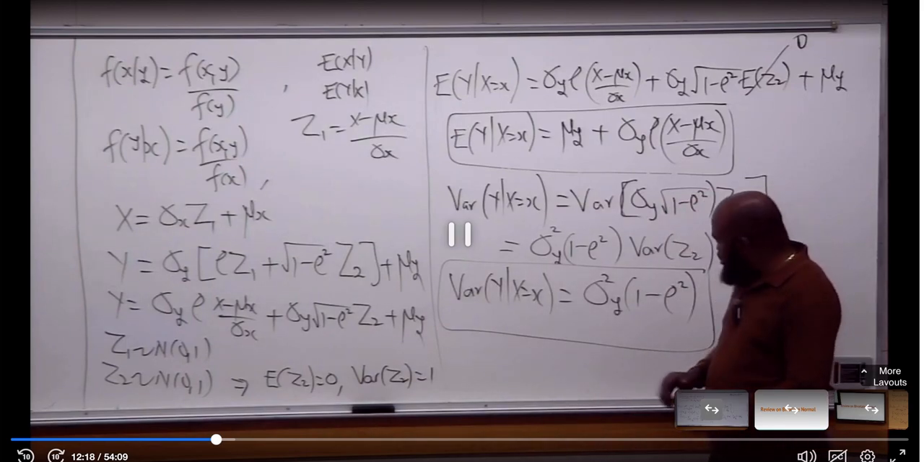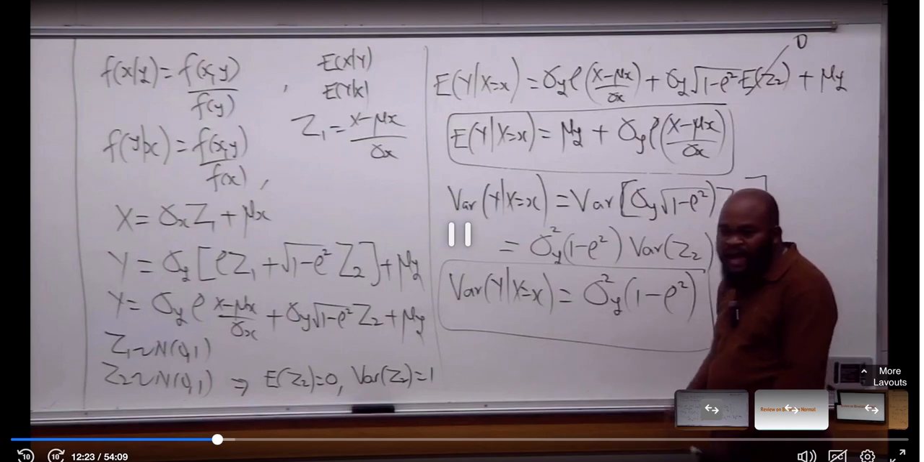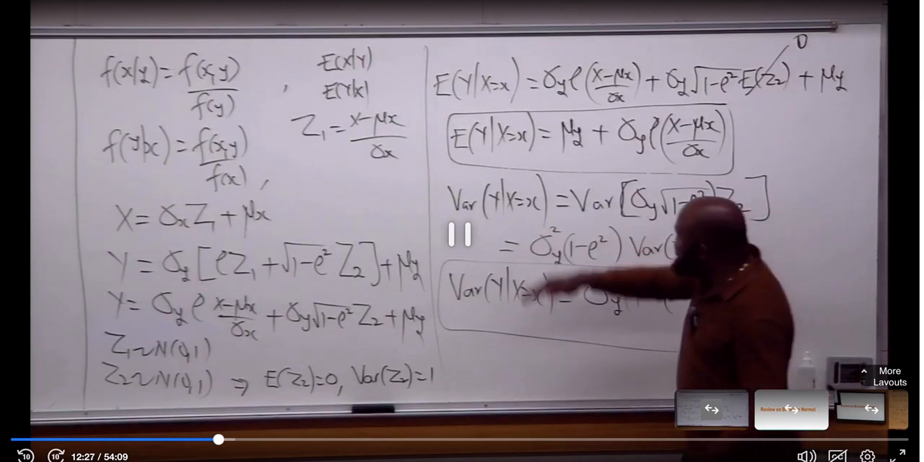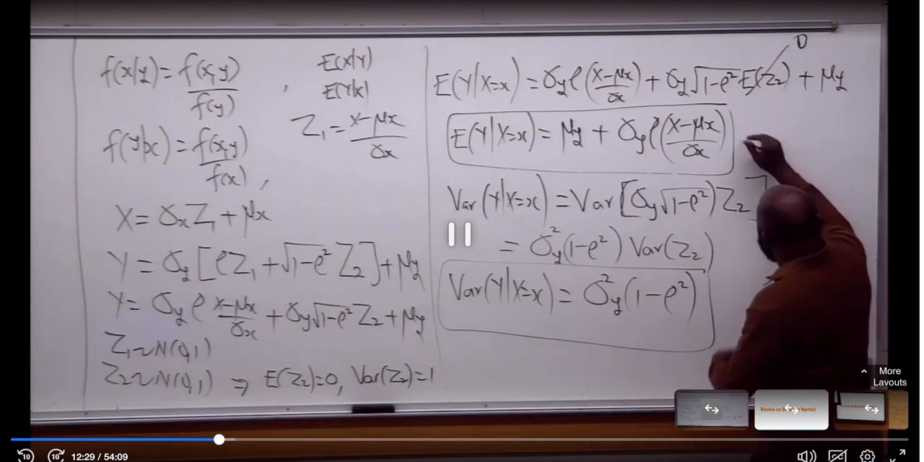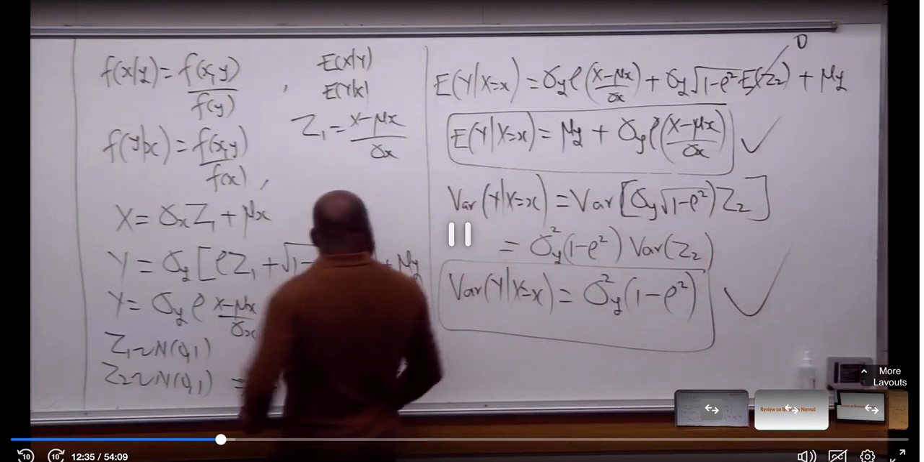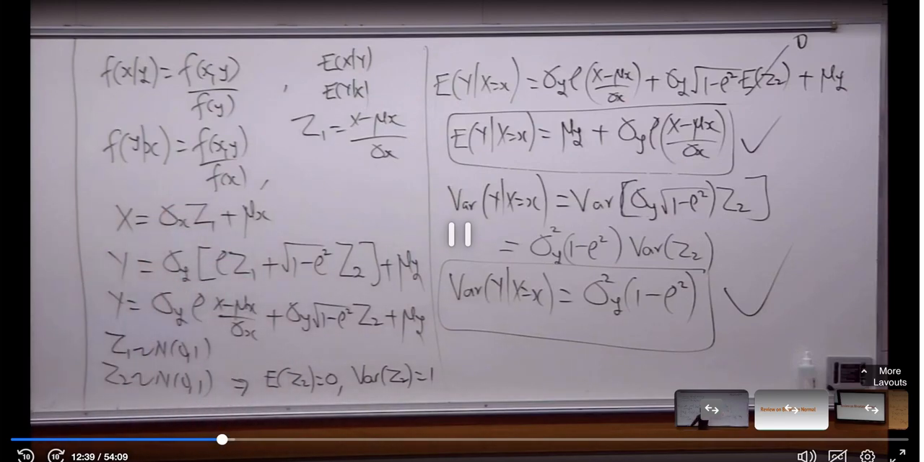Let me tell you something. If rho is 0, this is going to be equal to the variance of y. Now please take a look at it. Now that I know this, and I know this, I will be able to write the conditional function. Now, if I want to write the conditional function right now,